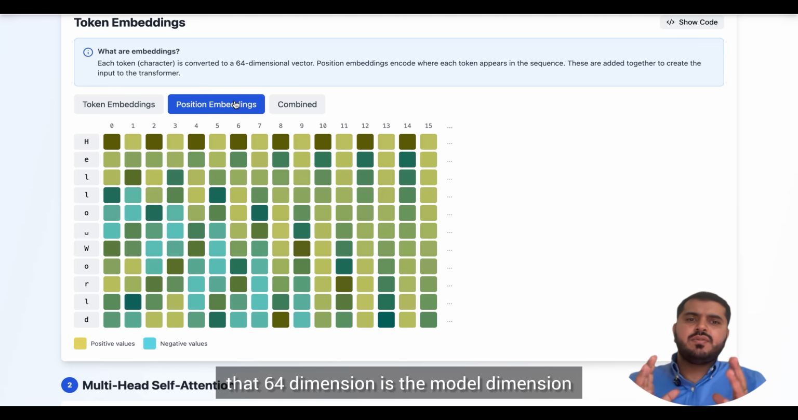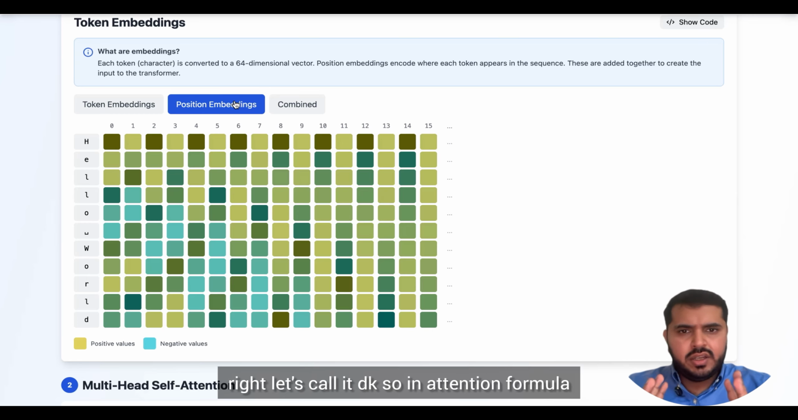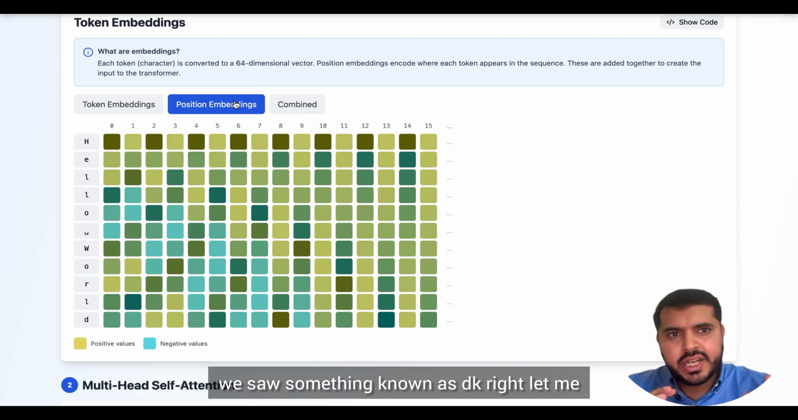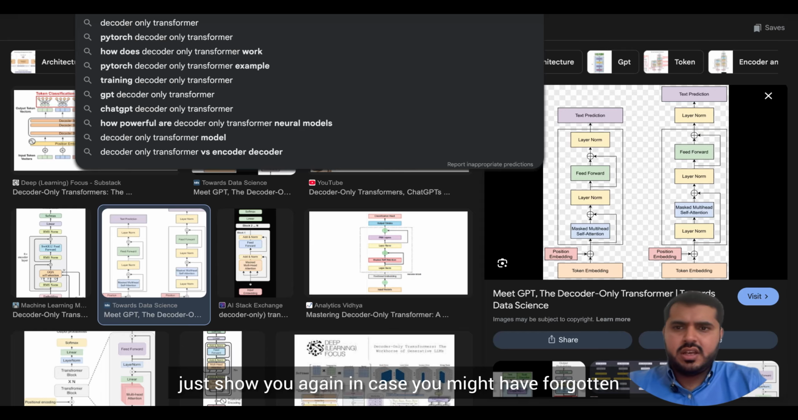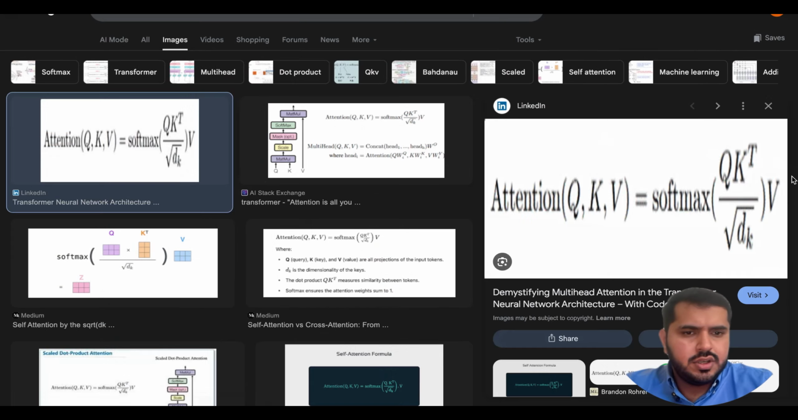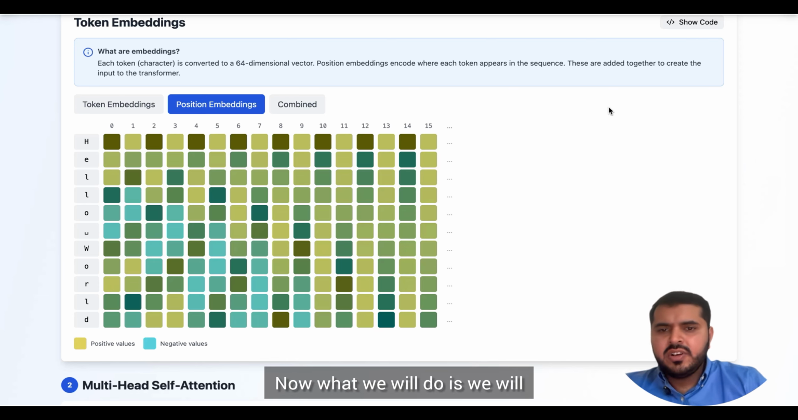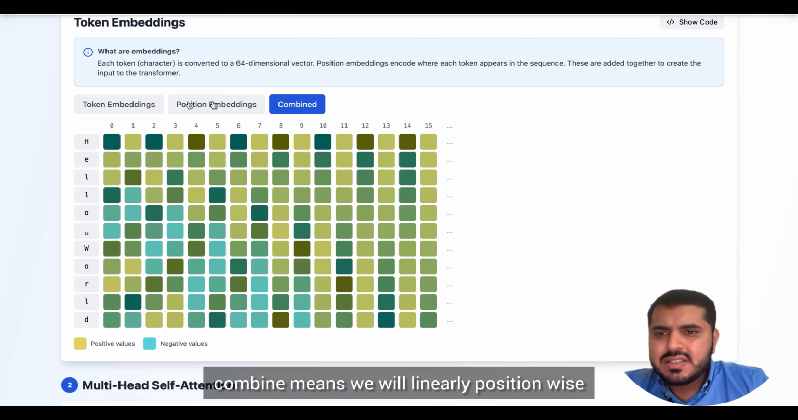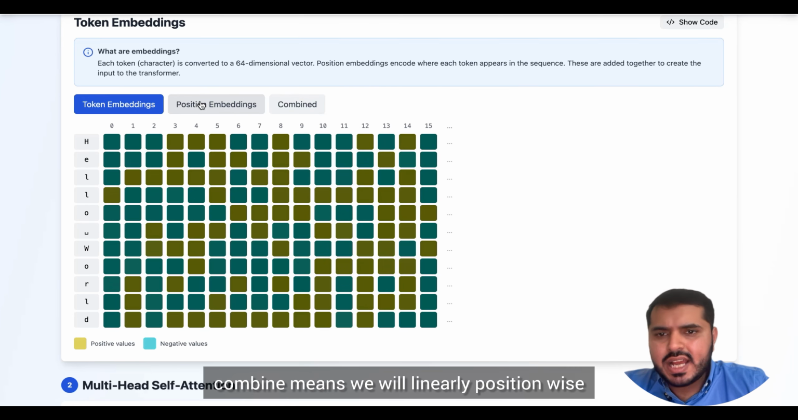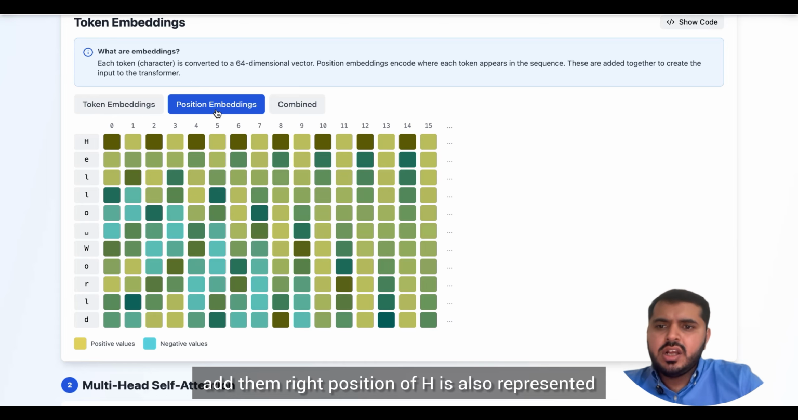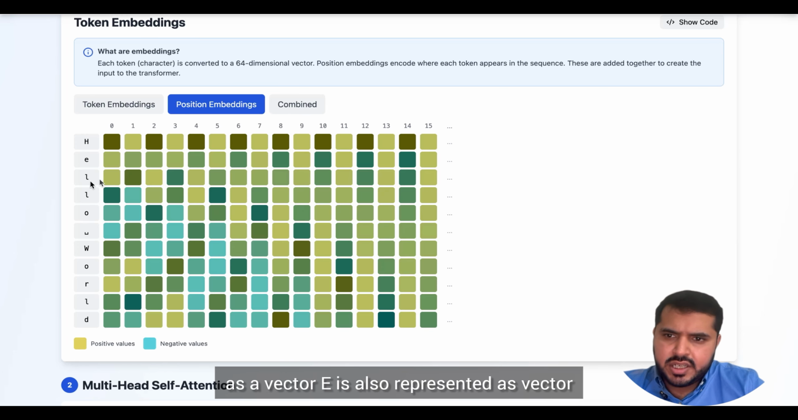So assume that 64 dimension is the model dimension, right? Let's call it dk. So in the attention formula we saw something known as dk, right? Let me just show you again in case you might have forgotten. So let's assume 64 as this dk, right? Now what we will do is we will combine, means we will linearly position-wise add them, right? Position of h is also represented as a vector, e is also represented as a vector, l is also represented